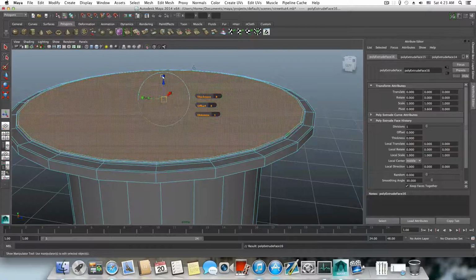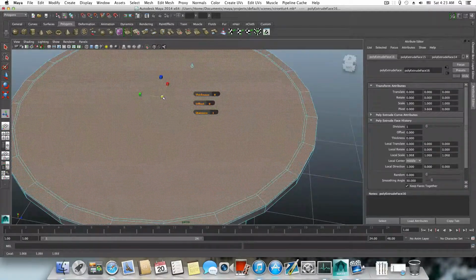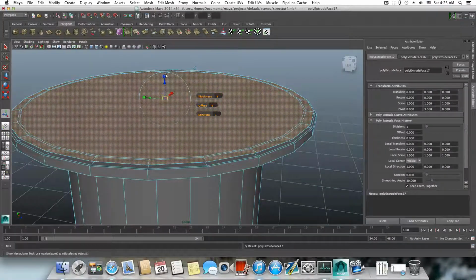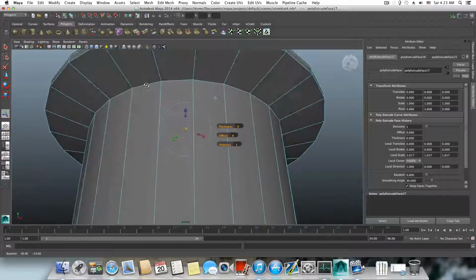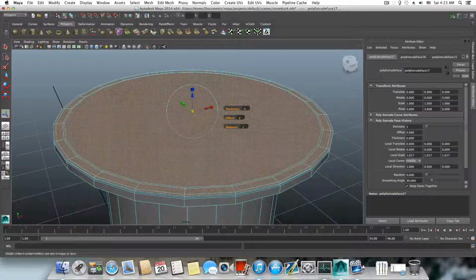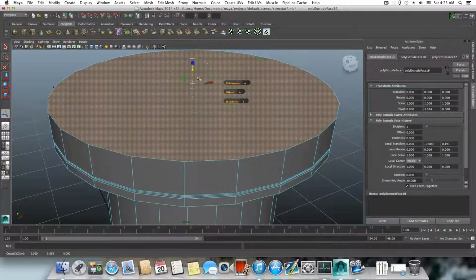Again extrude it, tap on one of the cubes, grab the middle one, try to match it to the inner part like so. Okay, and then extrude again, tap on this, and then try to match it to the rest, to this area. Then extrude once again, up a little bit, just a bit, not much, and then extrude it again, bring it up like so,